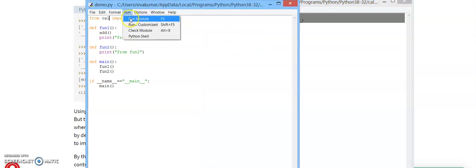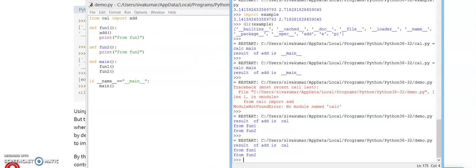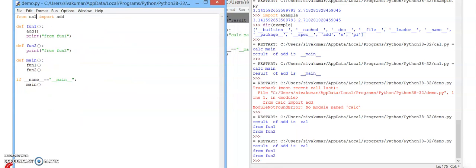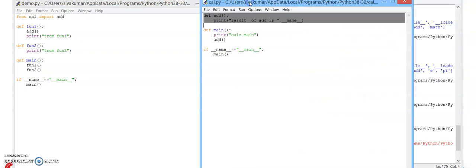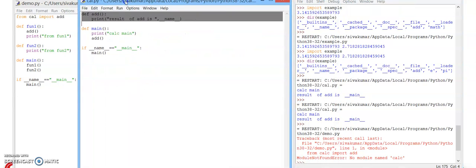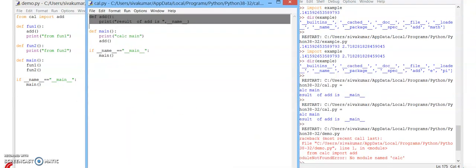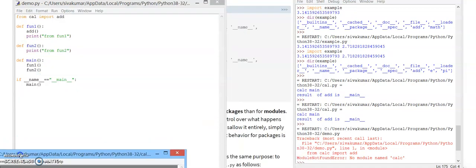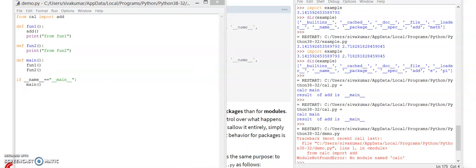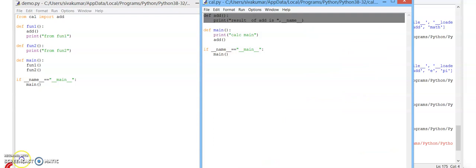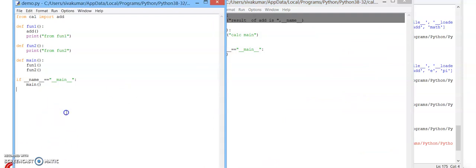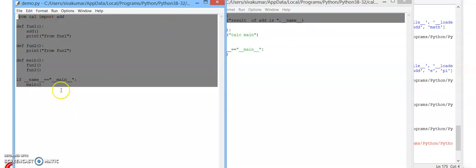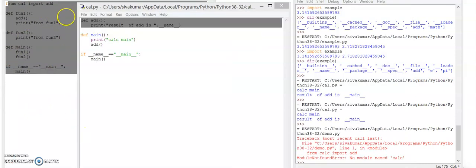For example, I am running this program. So see these 3 pages.